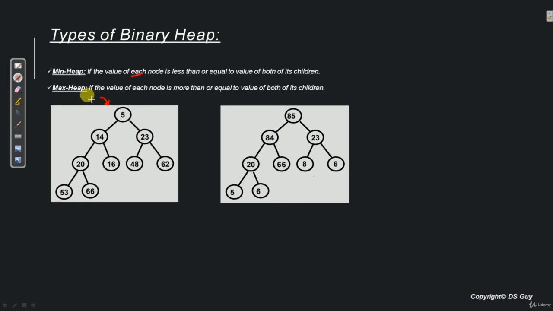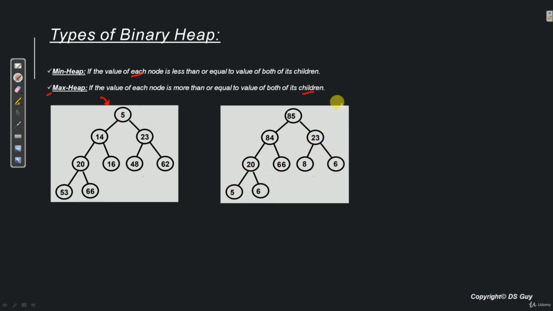Now coming to the next type of heap, that is max heap. Max heap is exactly the opposite of min heap. That is, the value of the parent node must be more than or equal to the value of its children. So here we see that 85 is more than 84 and 23, 84 is more than 20 and 66, 20 is more than 5 and 6, 23 is more than 8 and 6.